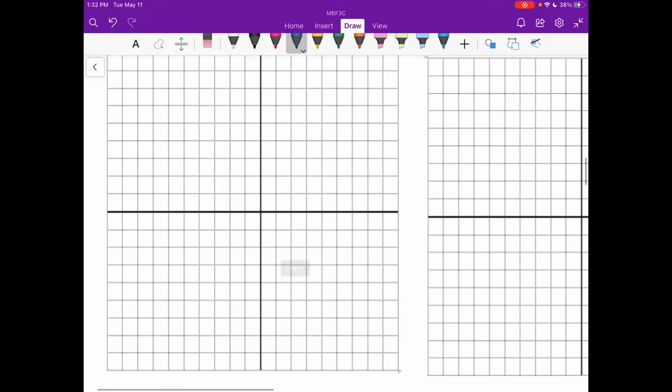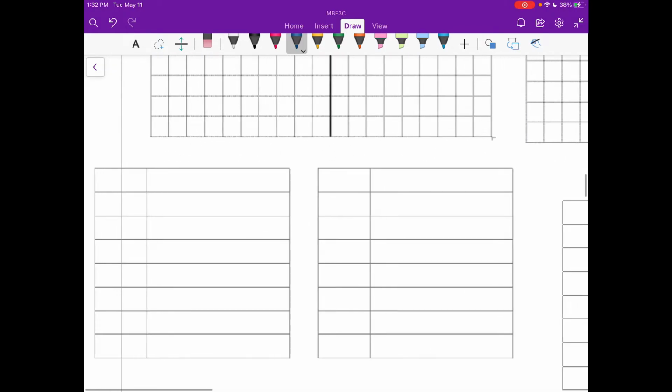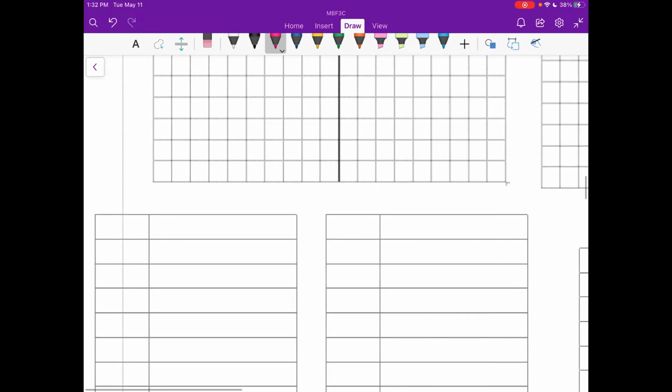So I'm just going to go in here and we have our tables already made, right? Let's start off with the 3x squared. So y equals 3x squared, right? We're looking for our a value. Our a value is 3, so a is going to be 3. So again, I'm going to leave my x the same because I'm not making any difference in my x, but for my